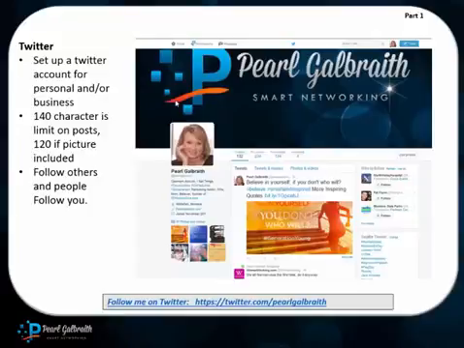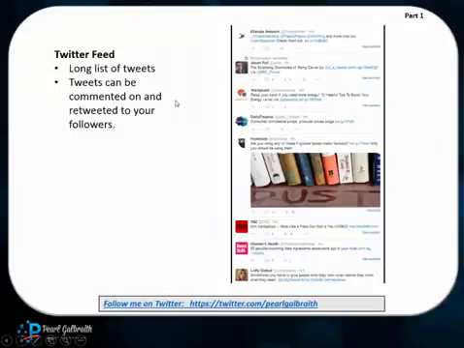That's what Twitter is. If you want to take a look at my Twitter feed and follow me, you can do it right down over here. Notice Twitter is also set up with a cover image and again with a profile picture. A Twitter feed, if you haven't seen it, is a long scrolling list of posts that are all maximum 140 characters. Some of them have images attached. Most of them have a link attached. So they have a quick little sentence, a few snippets of words that want to attract people to click on the link. That's what a Twitter feed is. If you want to take a look at mine again, here's the link.